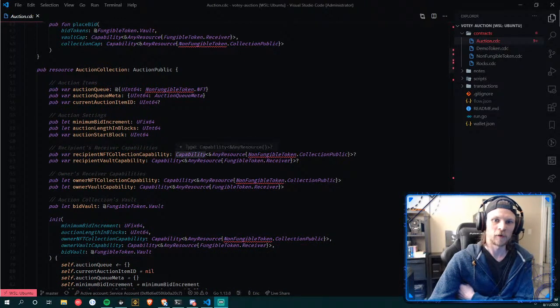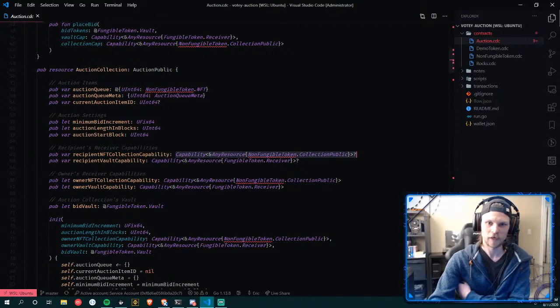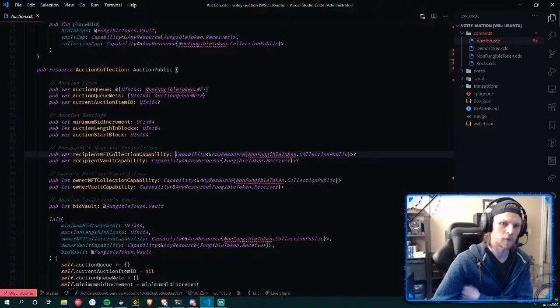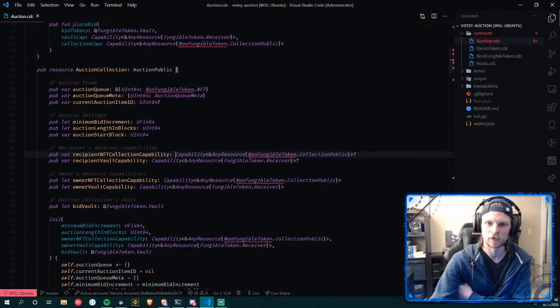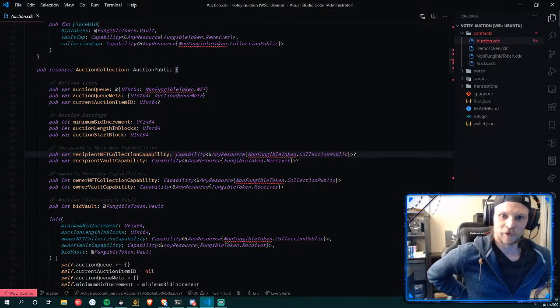Another big thing we overhauled: we used to be storing references, which is going to be a big no-no. Instead we stored type capabilities, which we can get a reference to. That's because references are only supposed to be used once. I guess it's a way to prevent re-entrancy attacks.